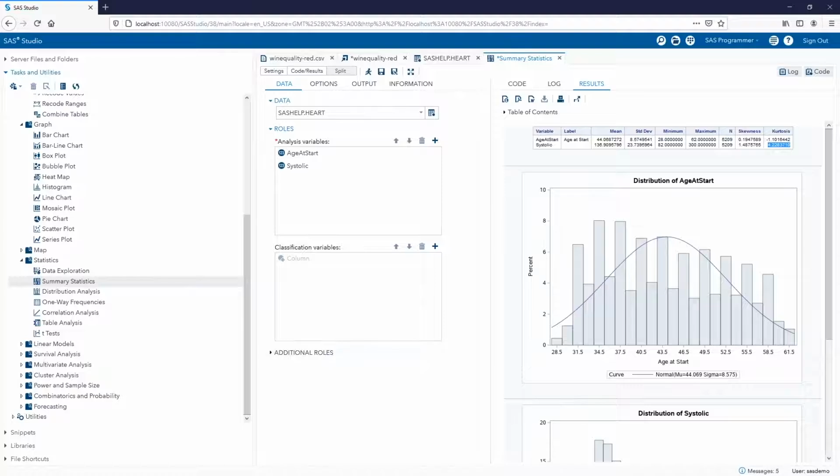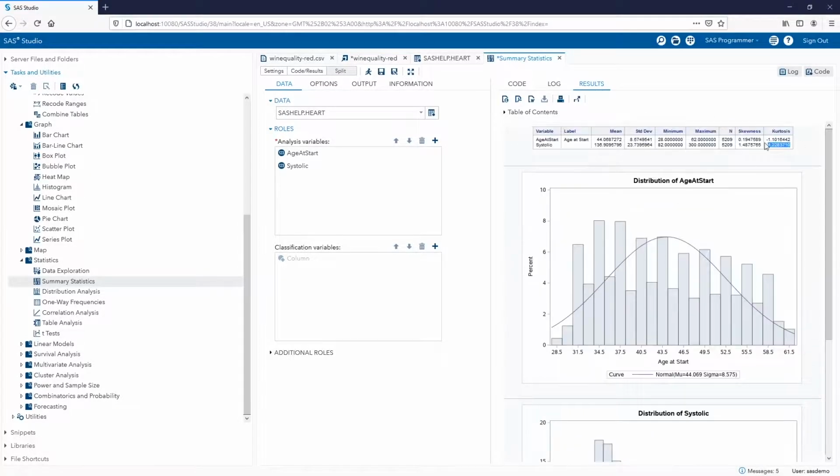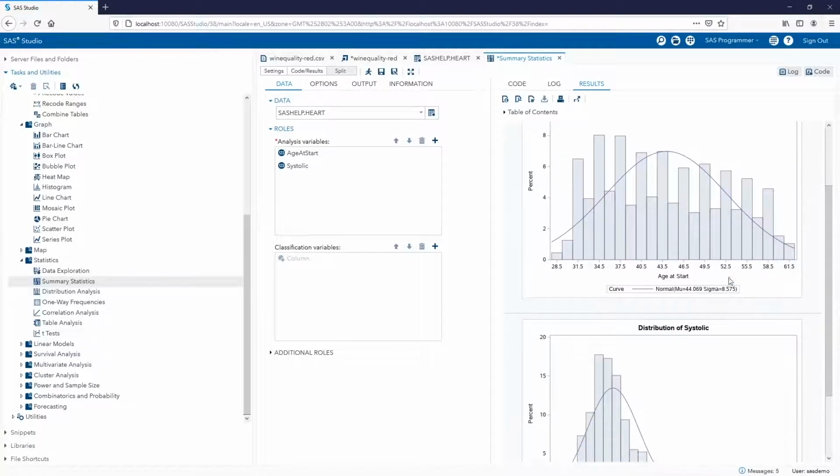And what I would recommend in a case like that is to also have a look at the shape of the distribution. So you will find that if the data has a negative kurtosis, like with the age at start variable, the distribution will tend to be flatter and broader. And sometimes the tails will be thinner than that of the normal distribution.